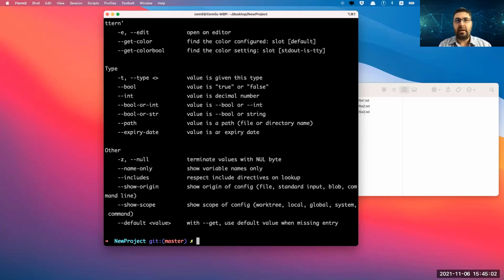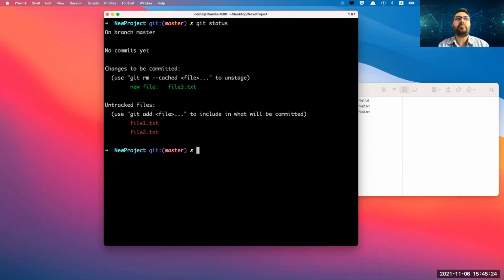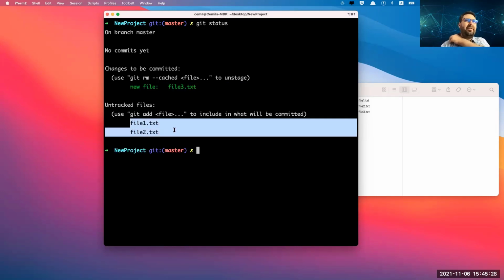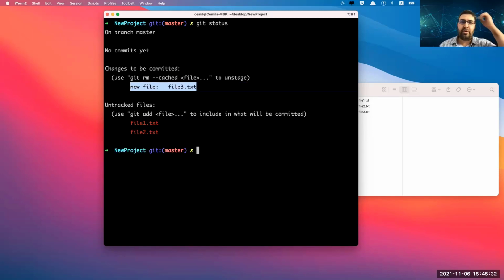So let's clear. Let's check the git status again, because I always check the status before I commit. Why? Because before you go to the cashier, you want to see what you bought. If you missed anything, then add or not. Okay. So I just check my cart status. I have the new file. Okay, this is the one I want to commit. Not those files. No, I'm not interested. I just want to commit this one, only this one.